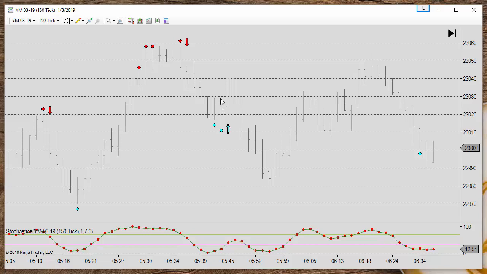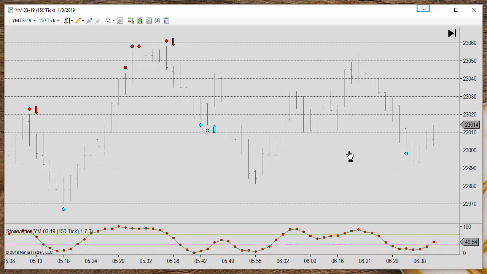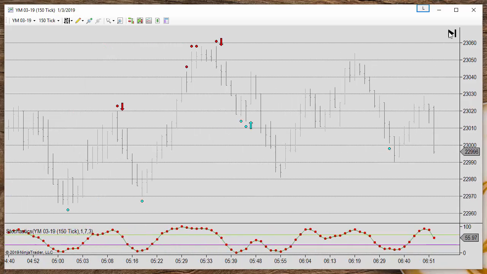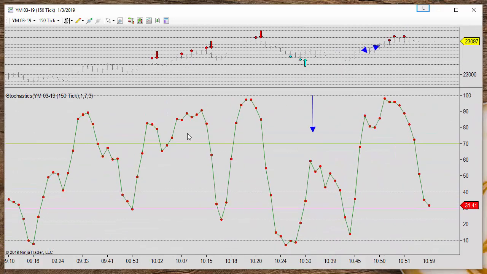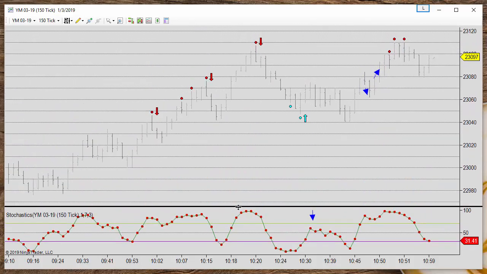This long has a fill 3 ticks over the high of the signal bar. We need to check the stochastic and decide which is the best level to use to get the best reversals. If we place this at 80, we only get the entry on the top, the best entry.